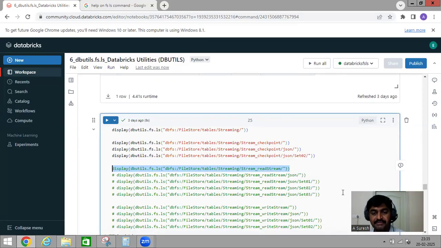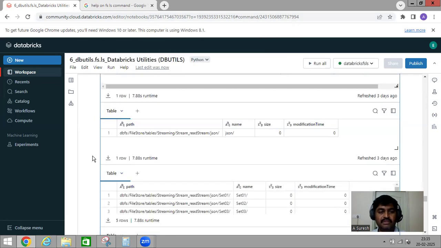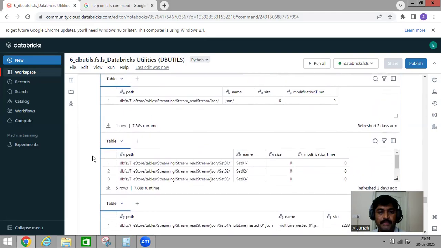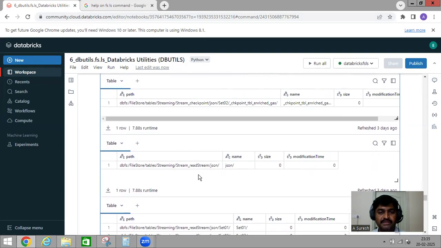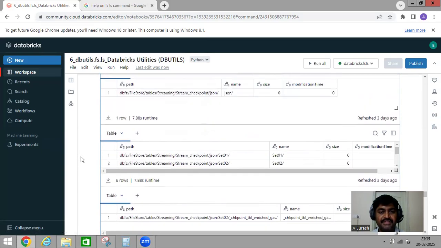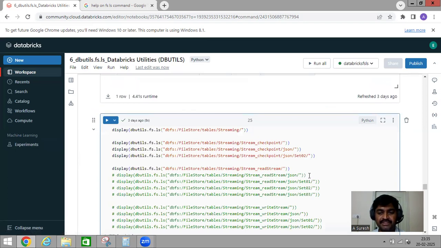That is our read stream. If I check under this read stream, just a minute, it got hung. Under read stream, stream_read_stream, here we have again one JSON folder. And if you copy this JSON and check here, under JSON